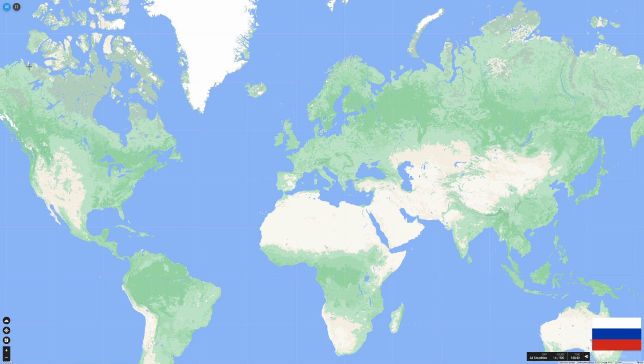Our last country for Europe is gonna be Russia. And just like Turkey, Russia has both European and Asian territory, and I decided to put it here in the Europe section. For the flag, we have a simple horizontal triband with white on top, blue in the middle, and red on the bottom. So for clicking on Russia, of course, it's the biggest country in the world, but since this